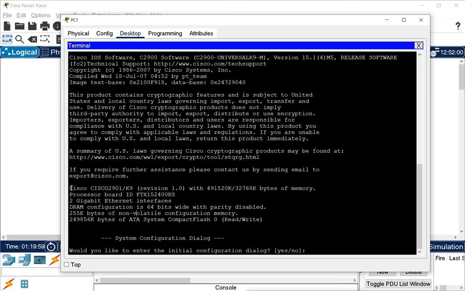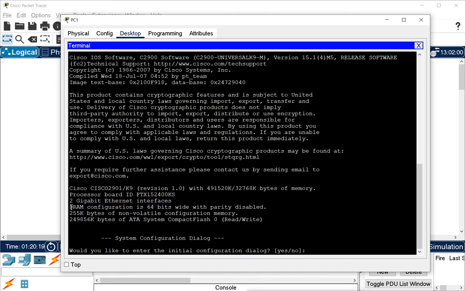Like this is the Cisco 2901 K9 revision version with this memory size in bytes of memory. This is the processor board ID. There are 2 gigabit Ethernet port interfaces we have in this router. We don't have any fast Ethernet port or Ethernet port.